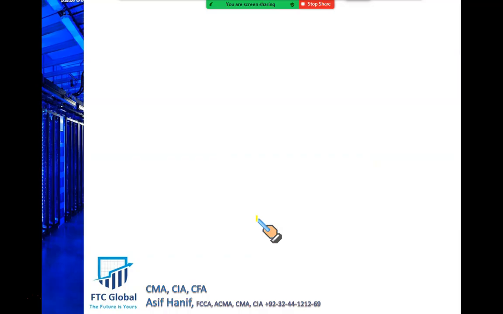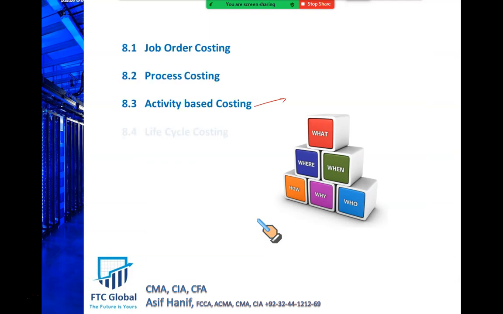Now you can come up with the overall conclusion of what we have done so far. Job order costing is suitable when specialized costing is to be done based upon the customer driven orders. Process costing is suitable for such an organization that produces mass quantity of production, standardized production for everyone. Life cycle costing is a cost accumulation system when we calculate the cost of the entire production from start till the end. And the activity based costing is suitable for those organizations that have higher manufacturing overheads, fixed cost. They produce diverse products and the production process is complex. That's where ABC is recommended.